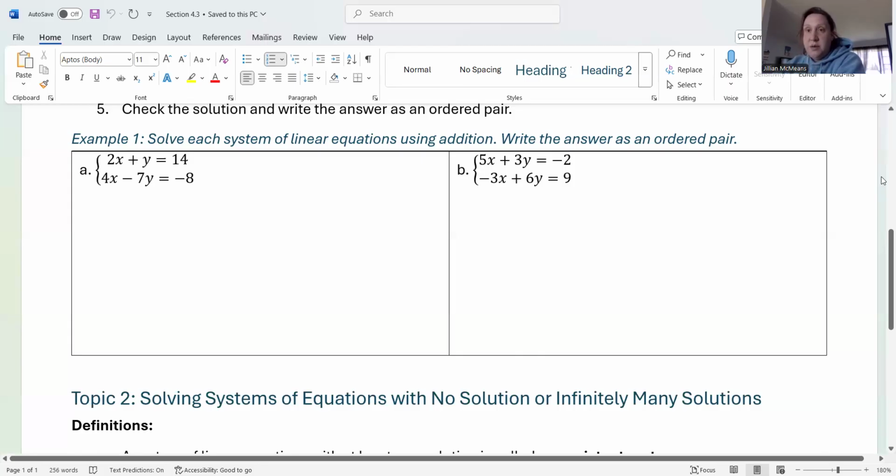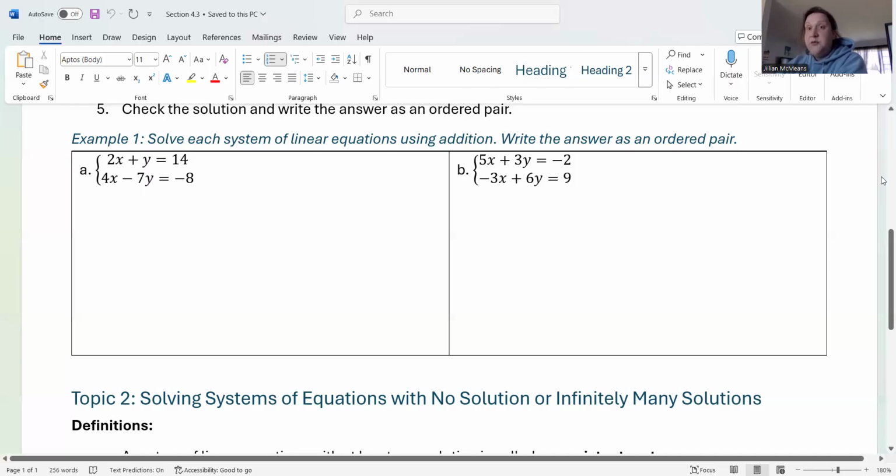So let's say we wanted to get rid of x. We want the coefficients on x to be opposites of each other. Okay, so that would mean I need to find the smallest number that 4 and 2 divide into evenly. That would be 4. So the first equation would need some work. What would we multiply 2x by so that we would get the opposite of 4? Well, we'd have to multiply 2x by -2. And then we'd have -4 and 4. We could add, and those two variables would just become 0. The issue is, if I multiply the x term by -2, I also have to multiply the y and the